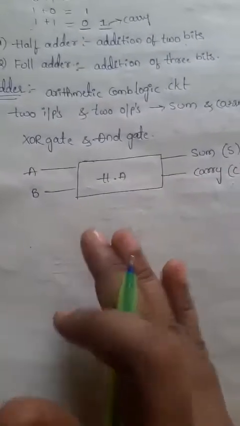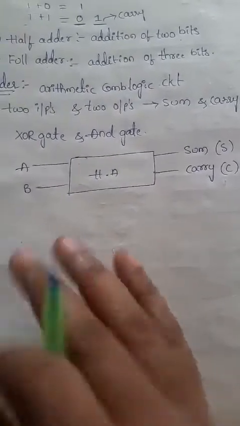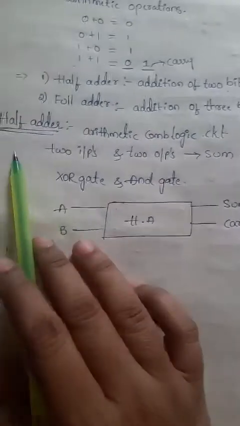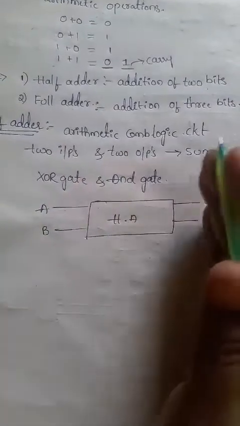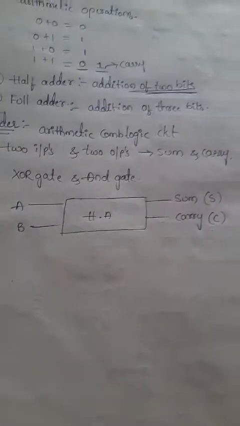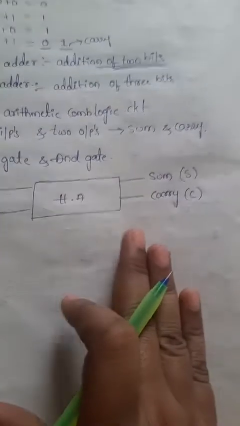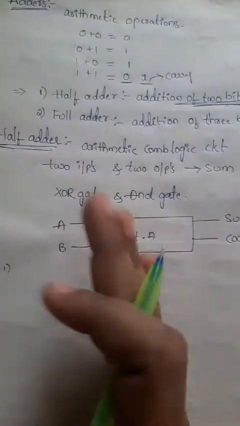In the same way, I can use these steps to design the half adder circuit. What is the first step? First we need to observe the problem definition. What the half adder is going to perform is adding 2 single bits. So what is the half adder's function? It just adds 2 single bits. It adds only 2 bits, and that is the main statement for the half adder.